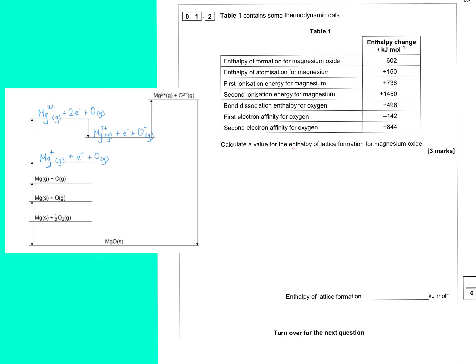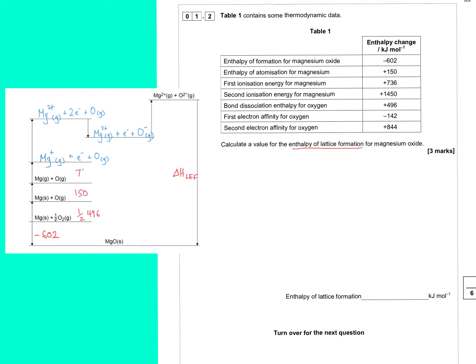So in question 2, we're given some data and asked to calculate the enthalpy of lattice formation. I've cut and pasted the Born-Haber cycle so that you can keep track of it whilst doing the calculation. And we can see we're being asked to do the big long arrow, which is the lattice enthalpy of formation. And if you look at the information we're given, the enthalpy of formation is the minus 602 at the bottom there,